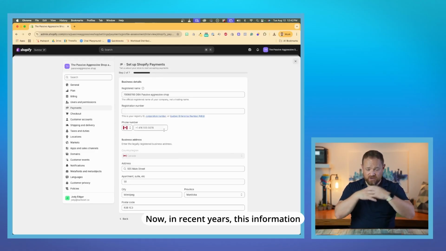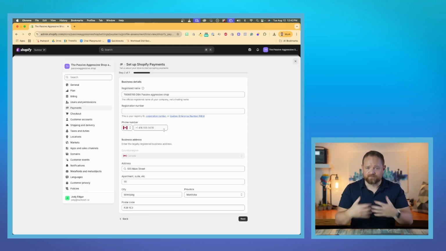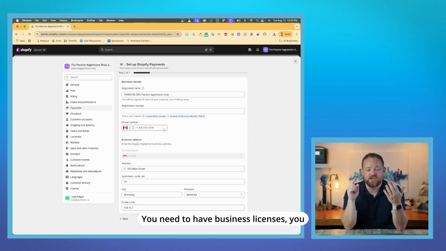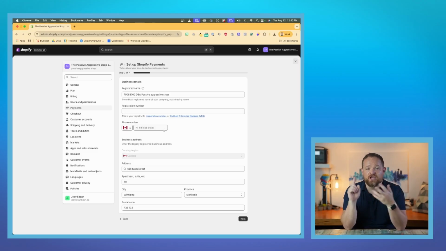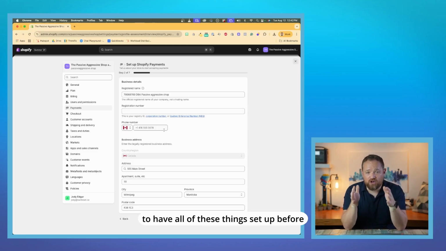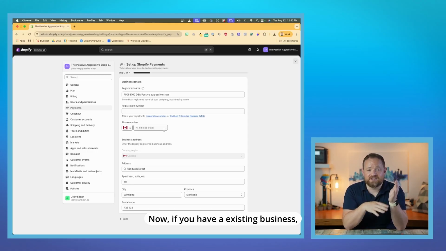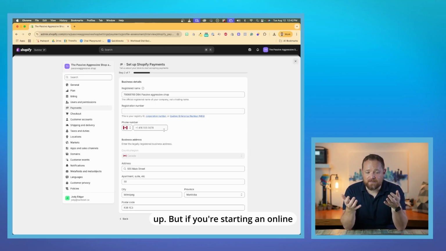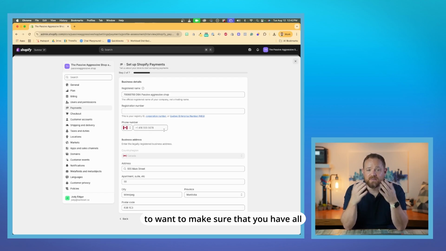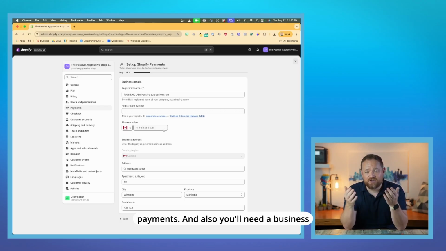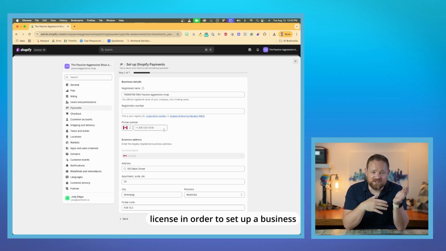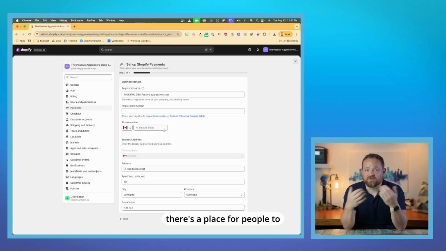Now, in recent years, this information has become a little bit more strict. You need to have business licenses, you need to have a physical address, you need to have a phone number, you need to have all of these things set up before you go set up payments. Now, if you have an existing business, you're already going to have all this stuff set up. But if you're starting an online business from scratch, you're going to want to make sure that you have all this information before you set up payments. And also, you'll need a business license in order to set up a business account so that there's a place for people to